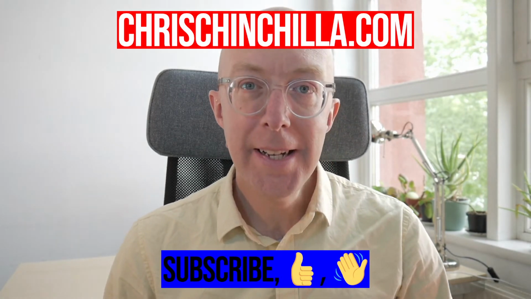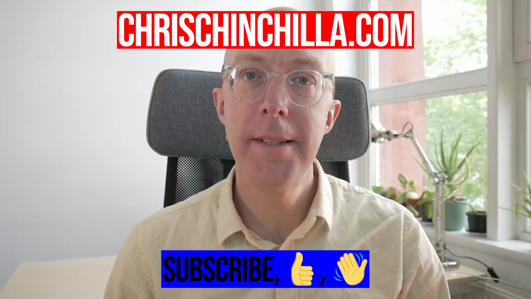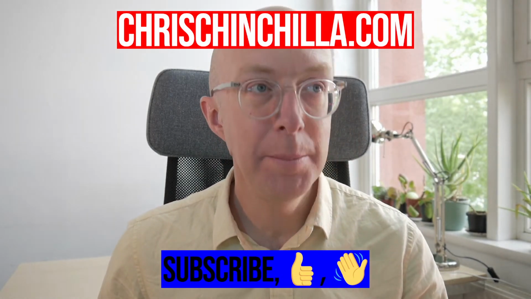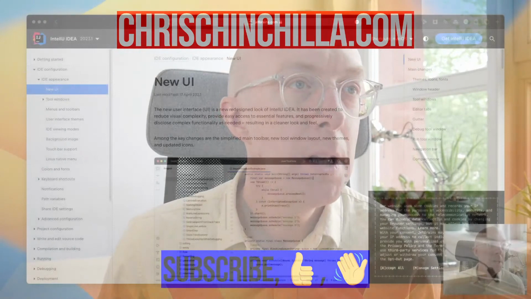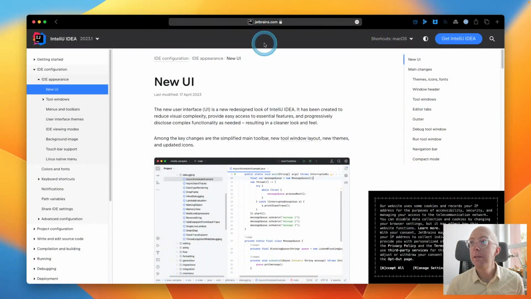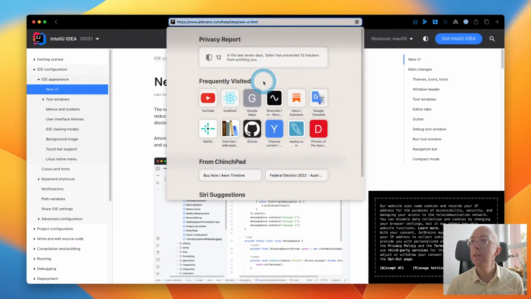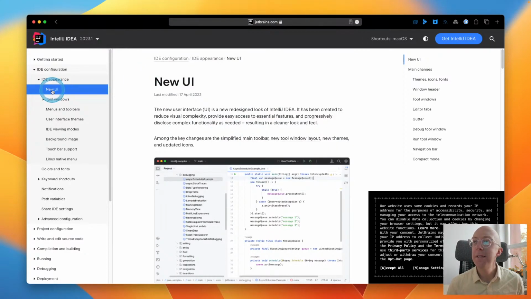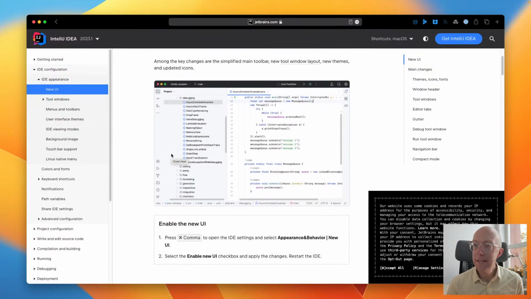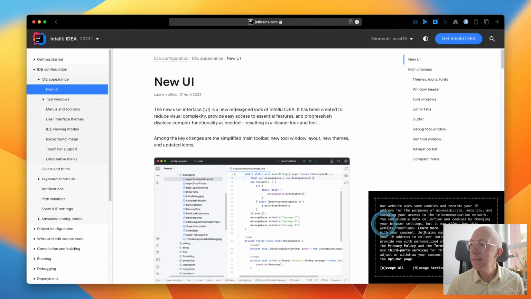But as I said, today is all about IntelliJ's new in-testing UI. So let's jump into a screen share. Here is the blog post where they mention it. Not the catchiest of titles there. Actually, no, it's in the documentation, not really a blog post. It's still not enabled by default.